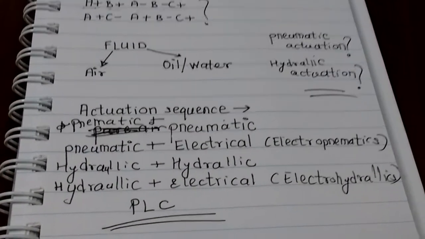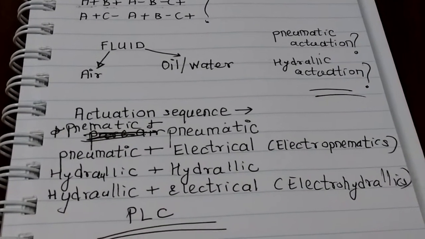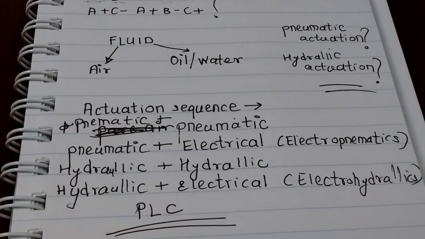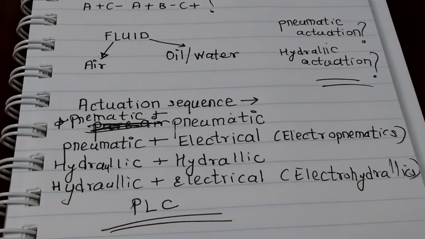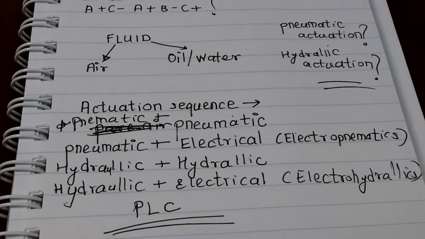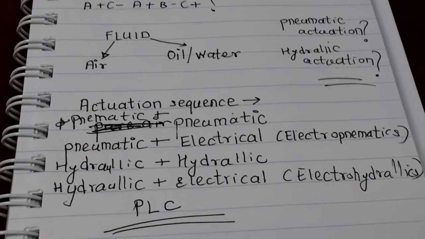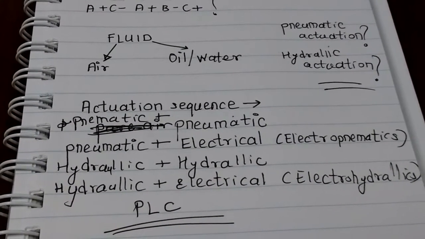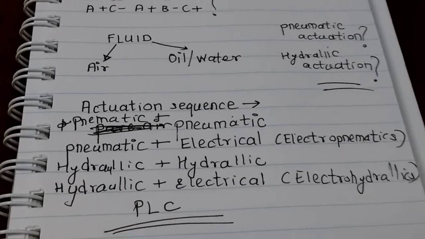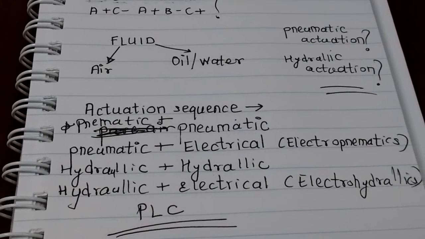And there's another type called PLC, which also can be used for programming this sequencing. So one question that you might ask is, if there are electrical circuits available for sequencing, why do we have to use pneumatics? Like there are expensive valves which need to be used in that. So the reason is, for example, in case of mining, it is not possible to use electrical circuits for actuation of cylinders, because deep down inside the mines, there are chances that there are some combustible gases present. And if we try to use an electrical circuit, there is always a risk of catching fire due to combustible gas in the surrounding.